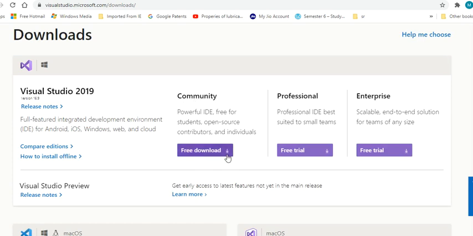Now I am not downloading because I have already downloaded and installed. You have to just click on this download, free download. One file, setup file will be downloaded. Then you have to just click next and follow all the instructions, and just click on the next button. So during this installation you have to select one option,